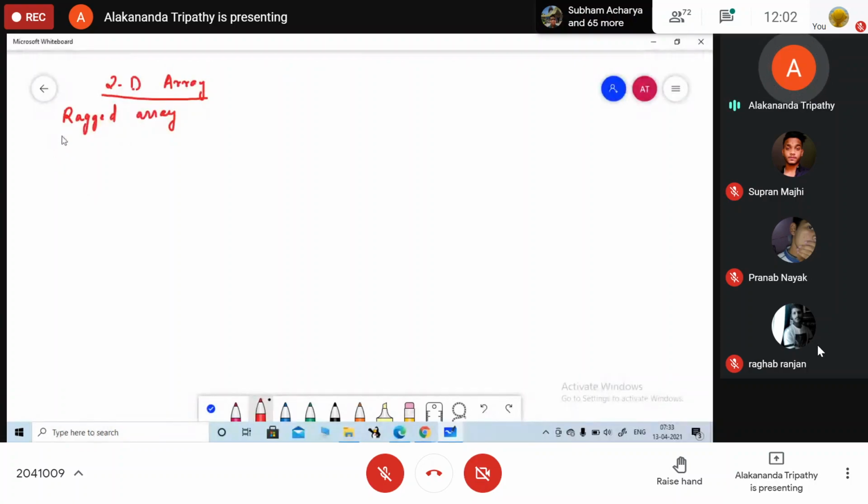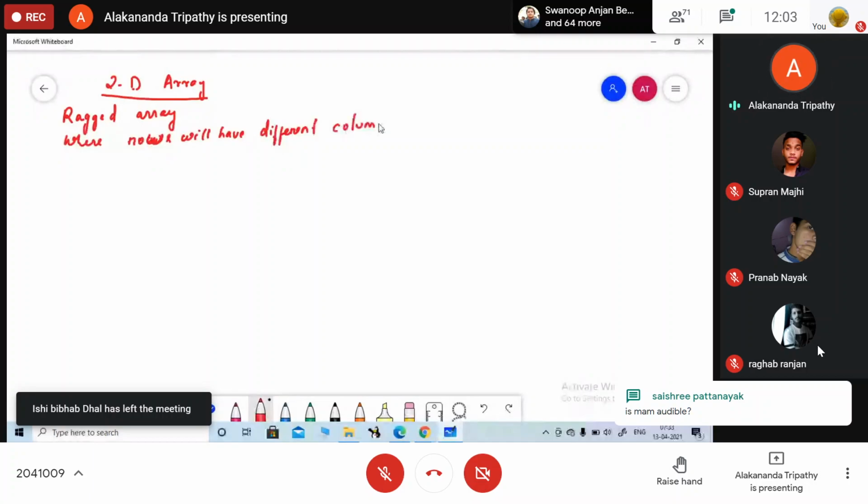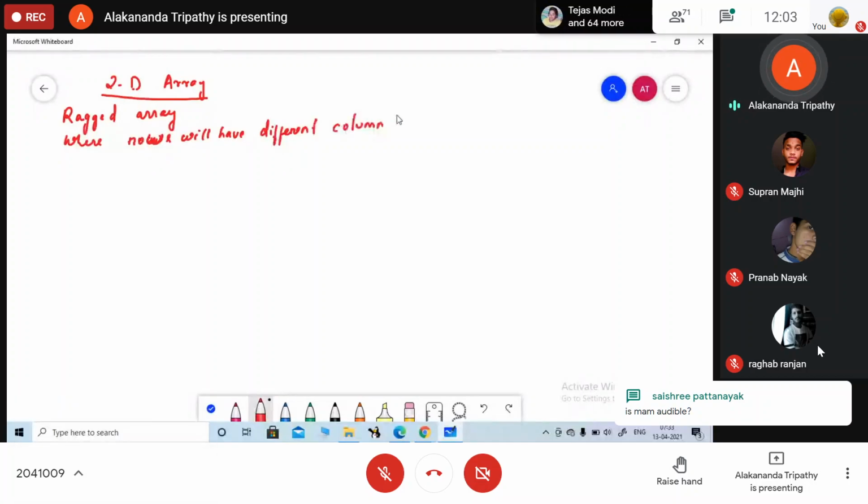So this is the array where rows will have different column values.